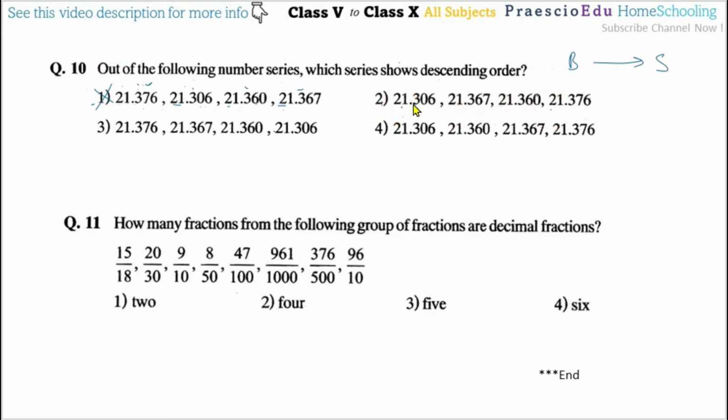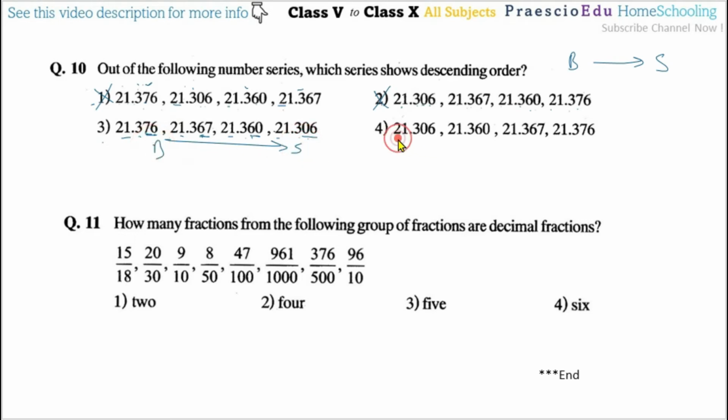In the integer, then at the 10th place here 3, 3, 3 and 3, then 0, 6, 6, 7. So this is in ascending order. We can say this is also incorrect. Option number 3, all are 21 integers, after the decimal 3, 3, 3, 3. Here 7, 6, 6, 0. This can be the decimal. Then after this here 6. This 76, here 67, here 60, and here 07. Yes, this is in bigger to smaller.